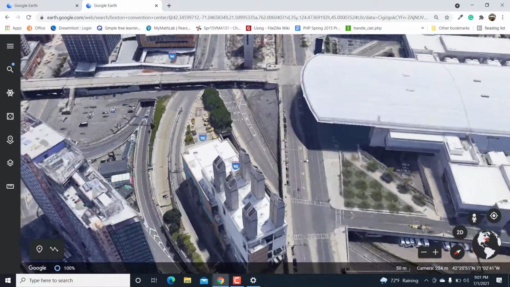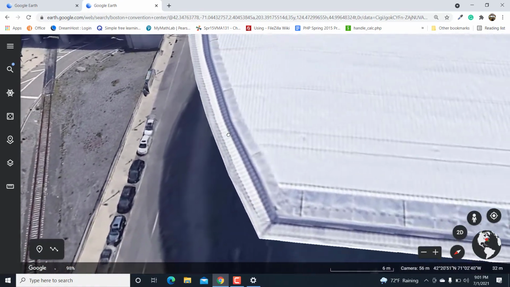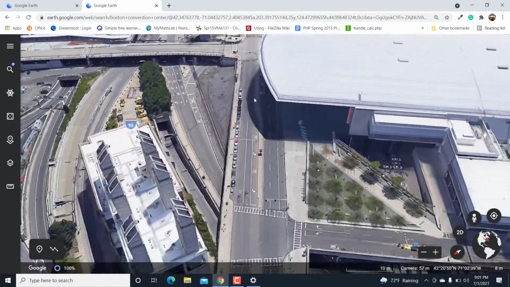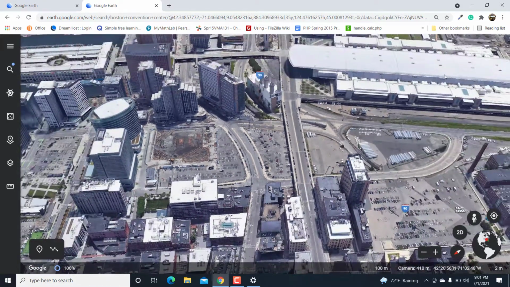Okay, so if you go all the way down here, you can see that it's really big. It's a big place for big events. Okay, great. So let's stop here and see